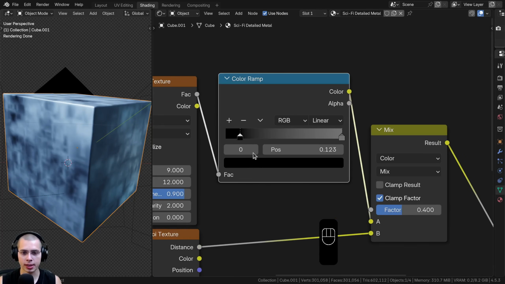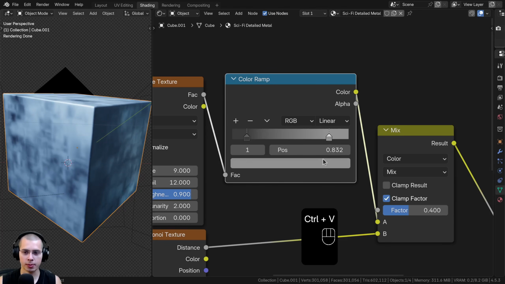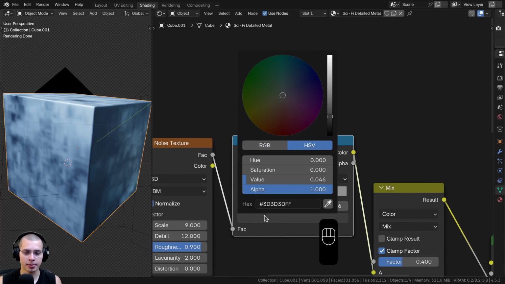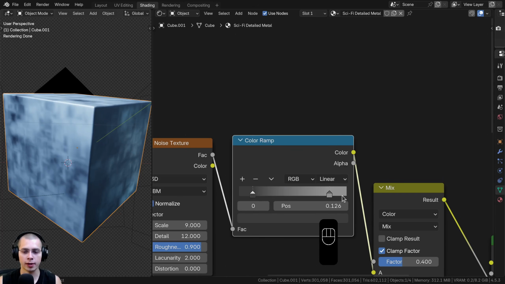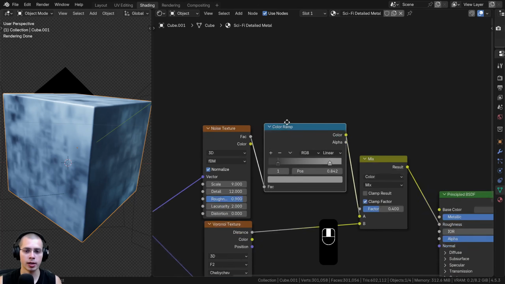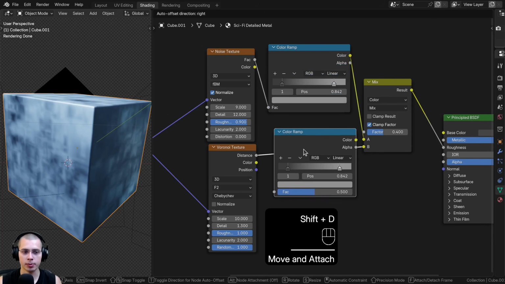So I'm going to drag this tab right over here and drag this tab over here. And this one is going to be a lighter gray, and this one's going to be a darker gray. And if you do want to use the exact same hex values that I'm using, you can punch in this hex value here for the left side, and then for the right side, you can punch in this hex value right here. Now what I'm going to do is duplicate the color ramp and drop it down here,